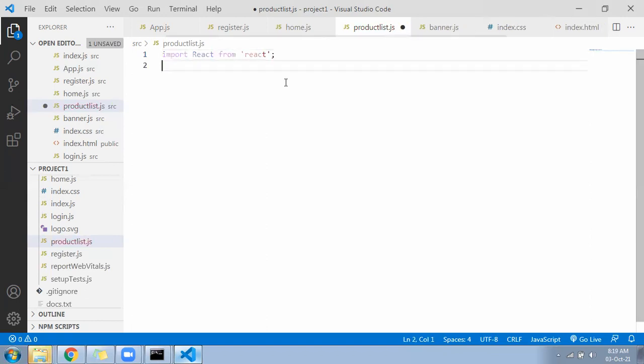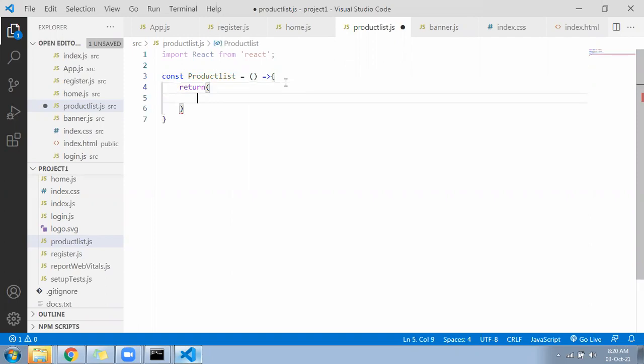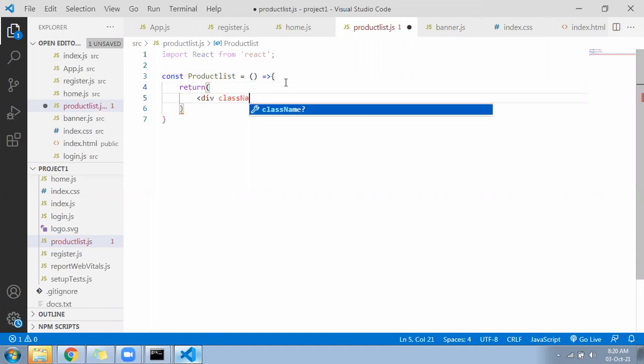Now come down right there, const ProductList. We will follow bootstrap in this everything. Div, className as container.